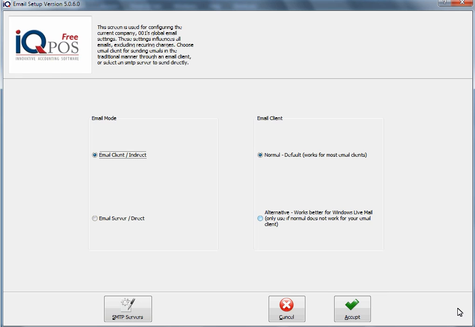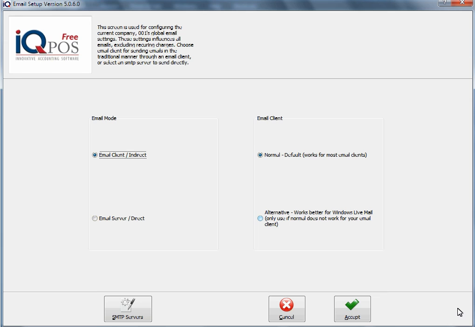You would like to email all your data statements at the end of the month. How are you going to do it? Do you want to use your third-party software? For instance, I will use Microsoft Outlook. Or do you want to send it directly out of the system? If you say you want to use the third-party software option, in other words, the email client, you've got two